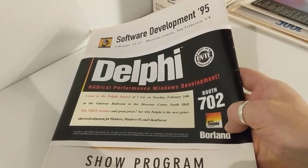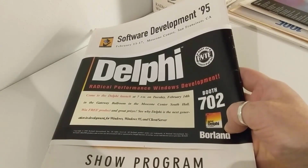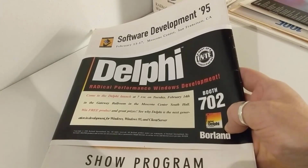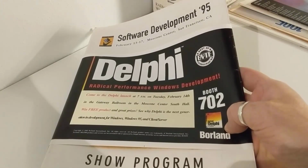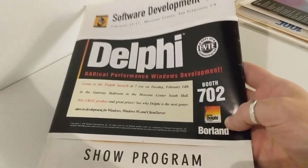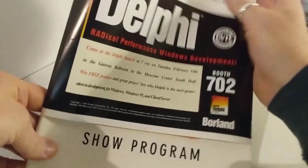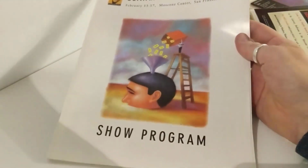There was a big event in the big ballroom, some 5,000 people. And the people assembled there and met to see what was coming with this new product. The product was also on exhibit at this booth, as you can see. And if we now open the conference program,